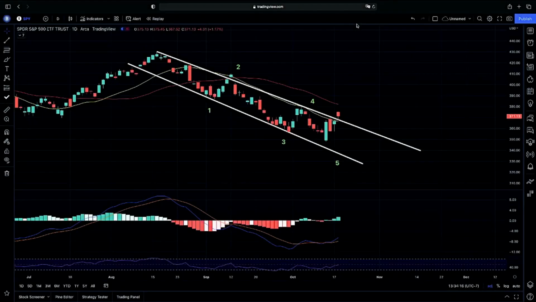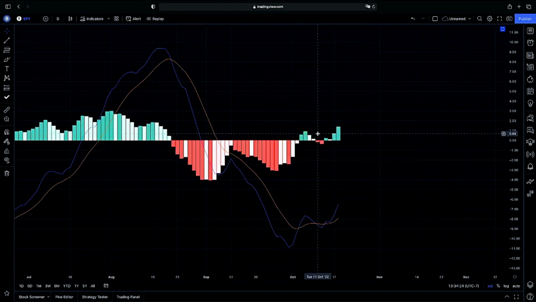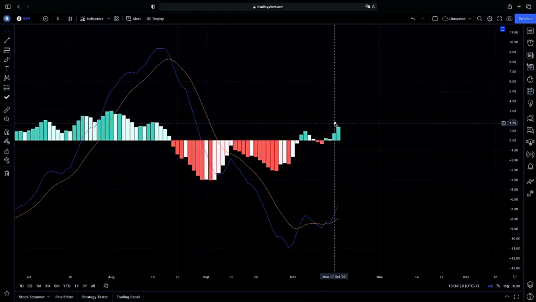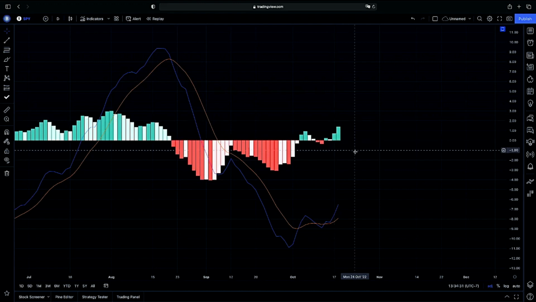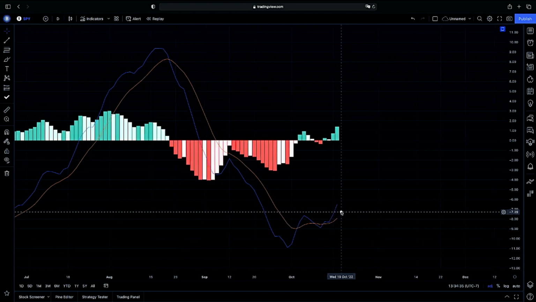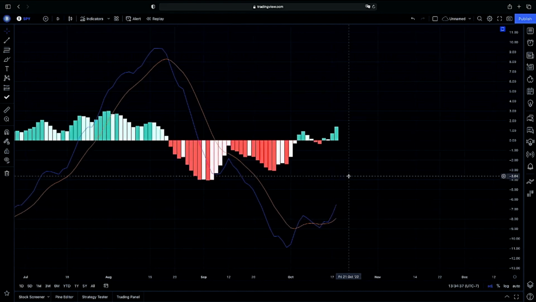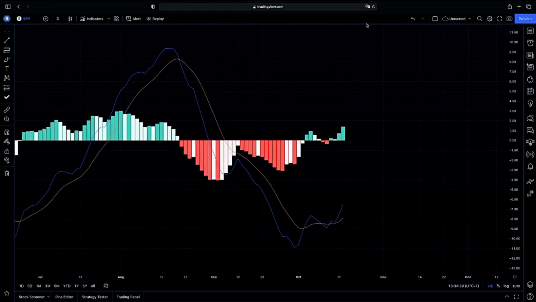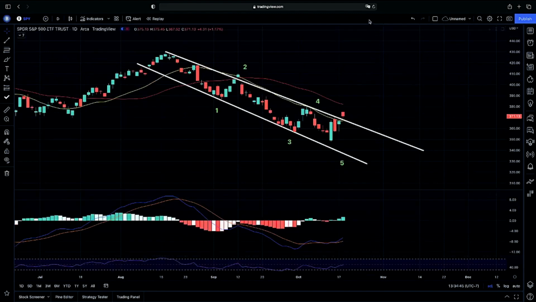So again, going over my daily plan on exactly how I plan on playing into the SPY. As you guys can see, again, we did have a gap up today. Again, breaking above our previous buy pressure point here on our MACD, showing us that we are increasing in strength here. Are we going to continue on with this strength? What exactly does this mean? Are we going to continue on with our 12 and our 26 crossing up here? Again, pointing up, showing us a lot of bullish momentum. Are we going to continue on higher here? Is this a buy the dip opportunity? I'm going to go over exactly what we're looking for here.